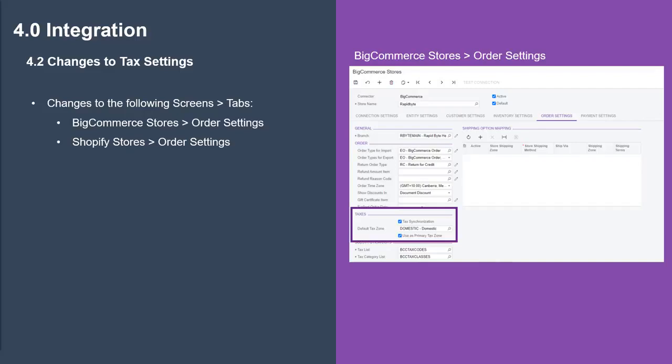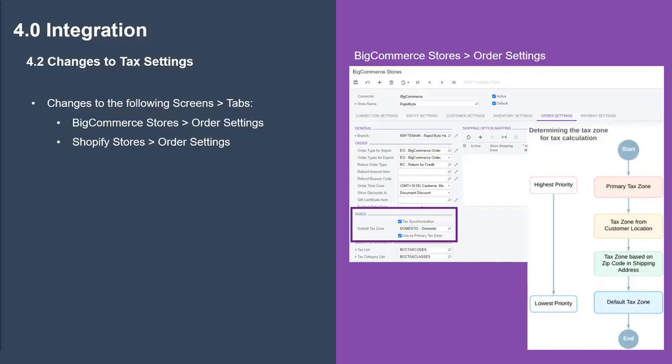When tax synchronization is turned on, the following is the order used by the system to determine the tax zone for tax calculation. When tax synchronization is turned off, if a sales order is imported from an external system and the tax zone in the order has been defined in MYOB Advanced, the system will use that tax zone for